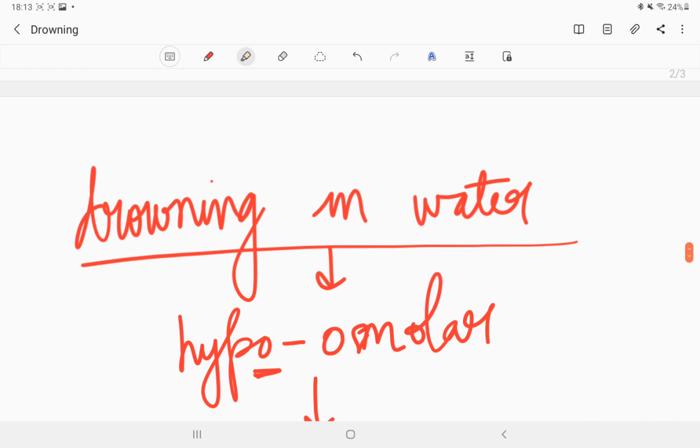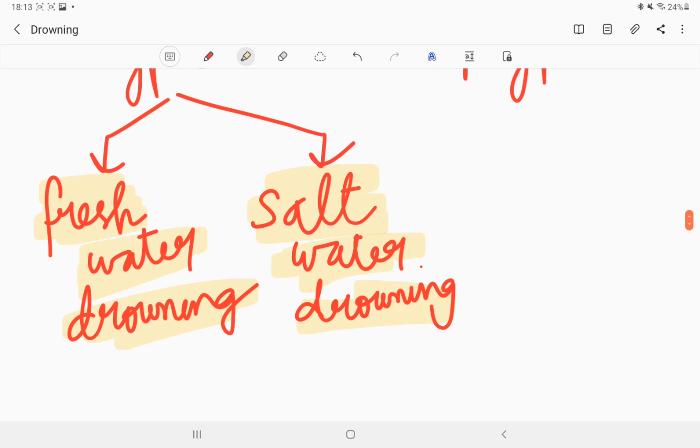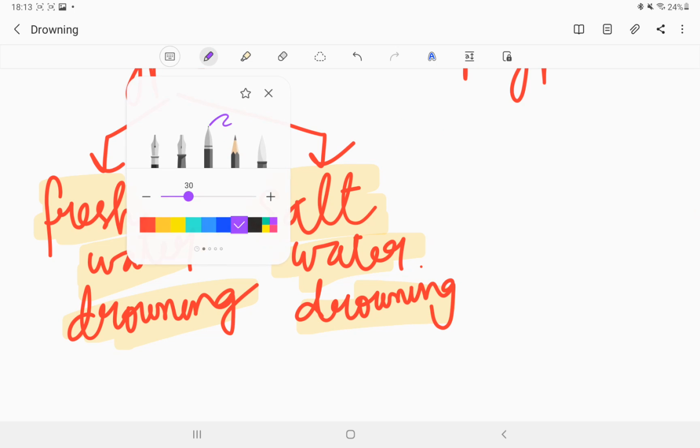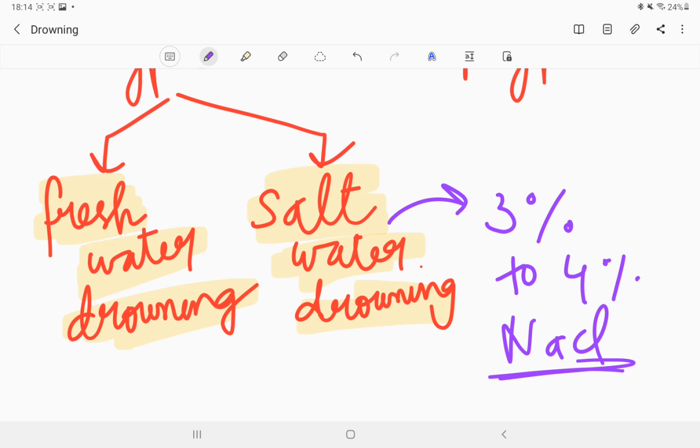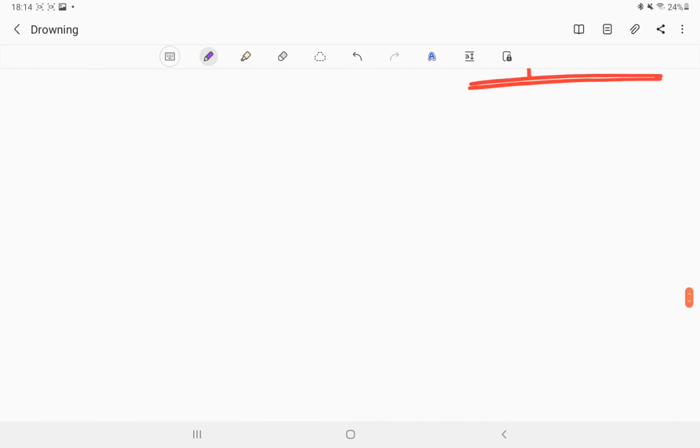And in cases of salt water drowning, what is it? In salt water drowning, it is around 3% to 4% salinity NaCl. So there is that much salt in it. Okay, so what is the impact of this difference in both? What happens if there is freshwater drowning or brackish water drowning? What is the difference? In cases of freshwater drowning,